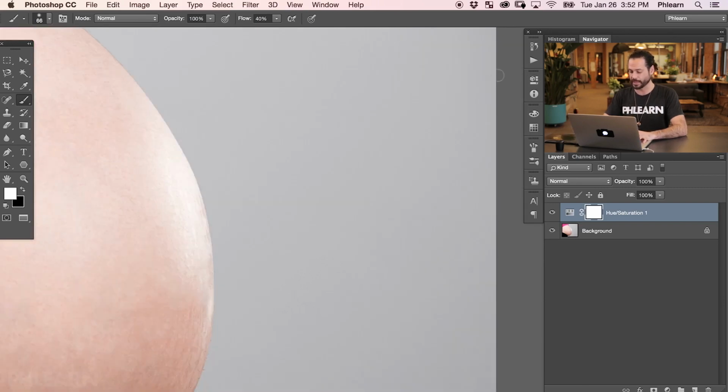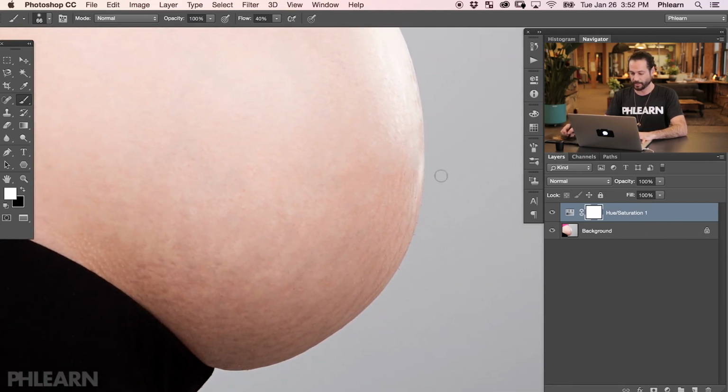So let's go ahead and close this. We can zoom in here and look at our before and after. And this is just with color, guys. So there's the before and the after. And the coolest part about this is it's only targeting those specific reds. It's not affecting anything else in the image. All right, so that takes care of color.